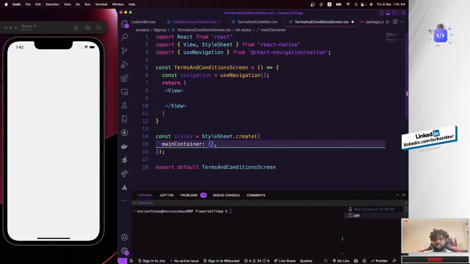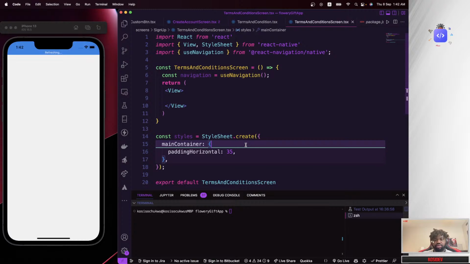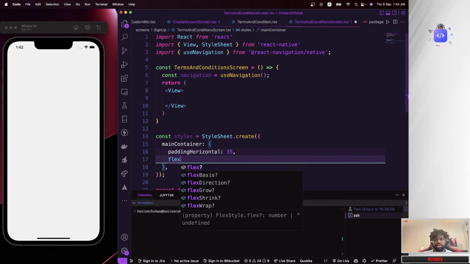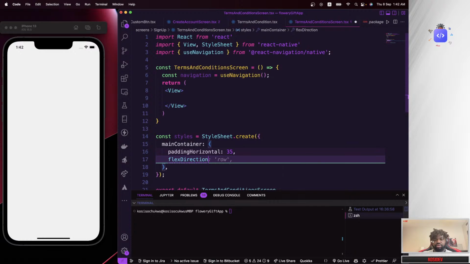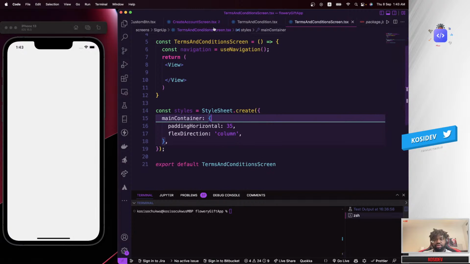So there we go. Inside here, I'm going to use the padding to say flex direction should be column. Yeah. Save those. And the background color,